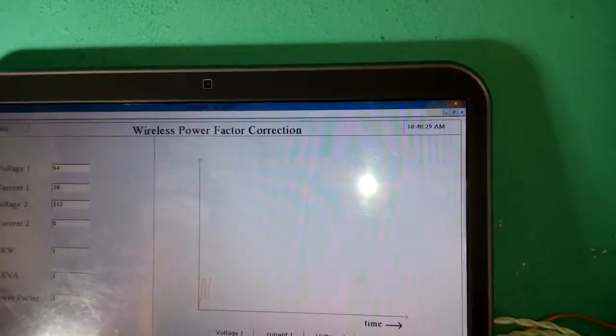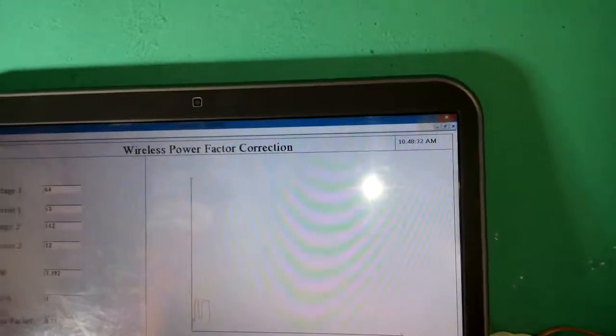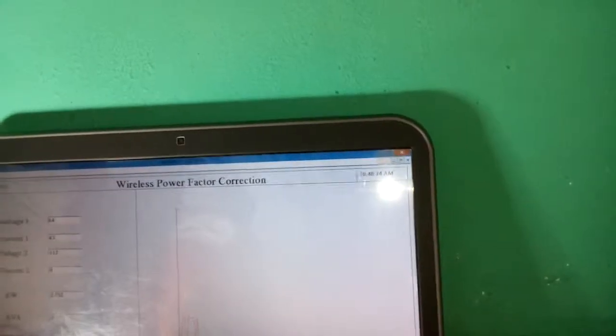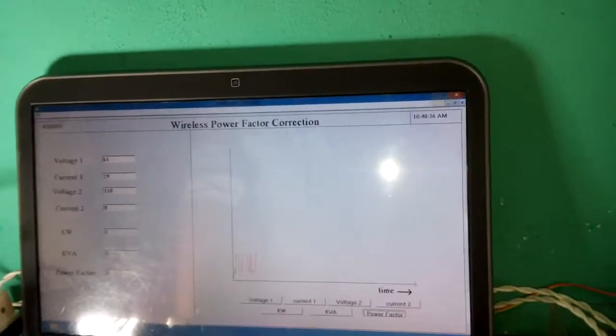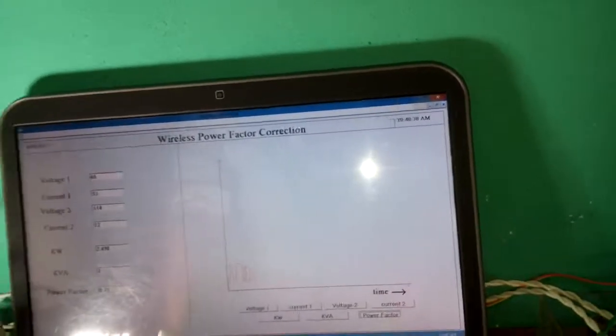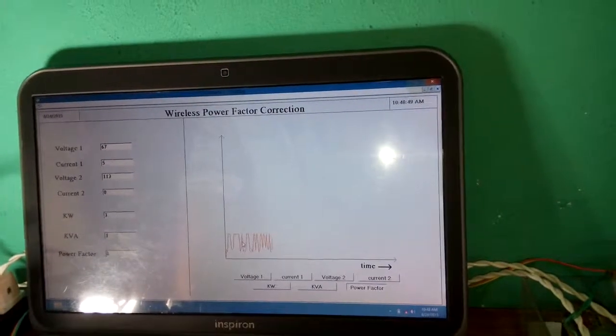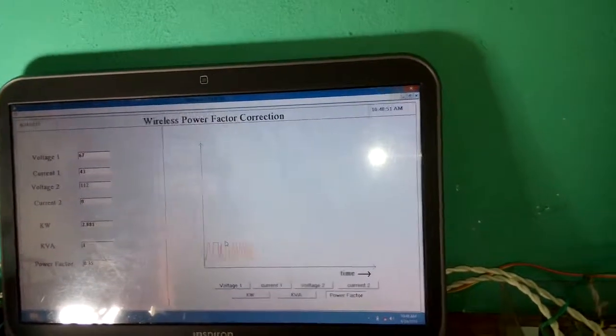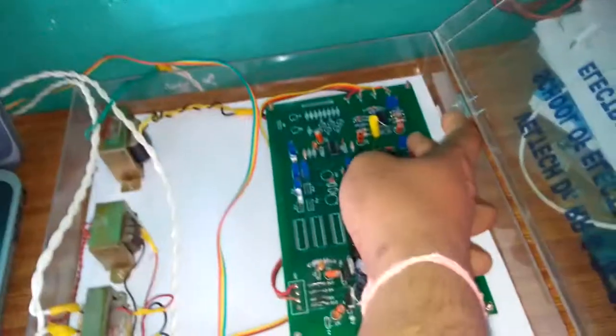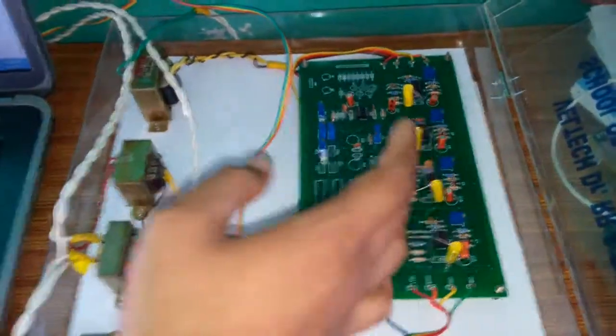It means we are in the lag condition, so we need the power bank, which will bring it to unity. And suppose we have more voltage or current, it goes from the lag condition to the lead condition, and then we need the variable resistor, which has a knob that we rotate to bring it to the unity condition.